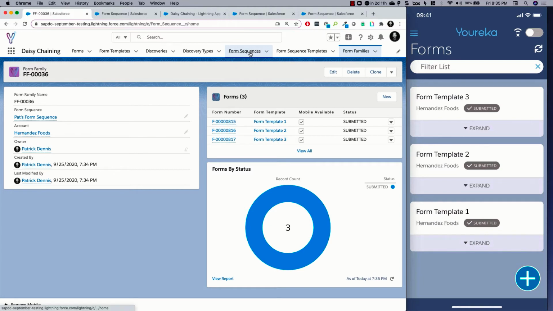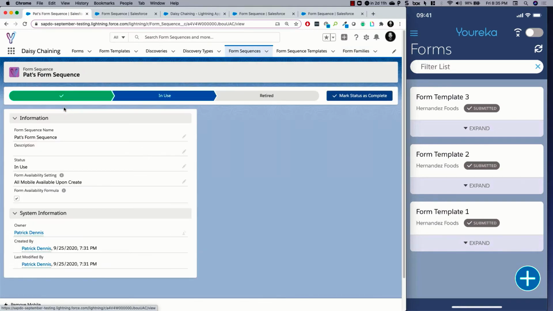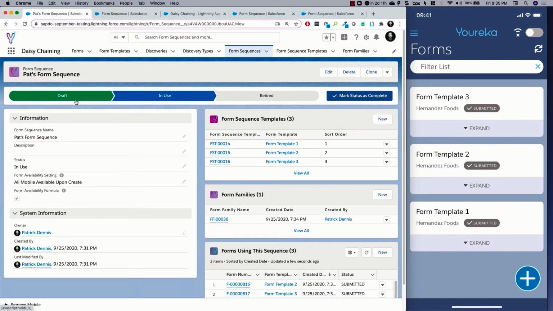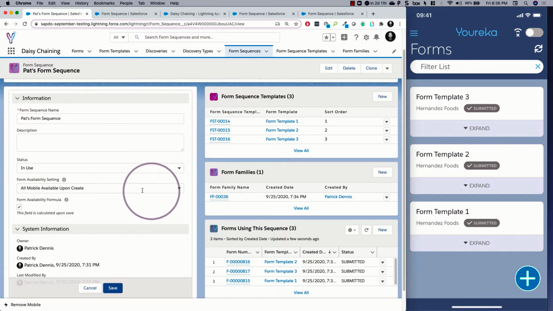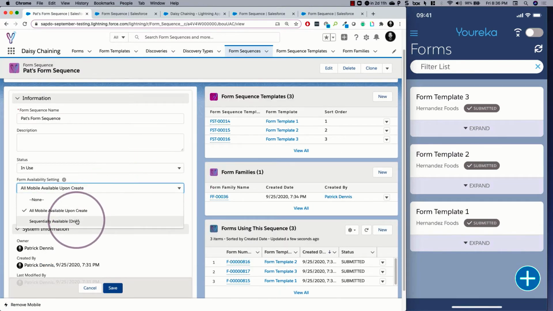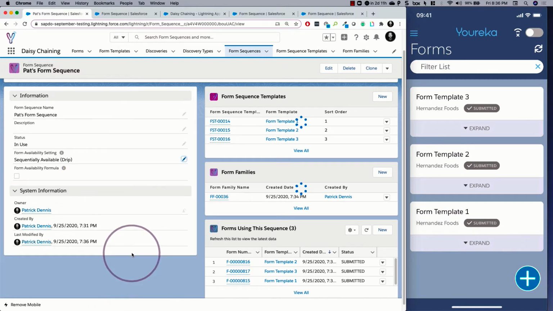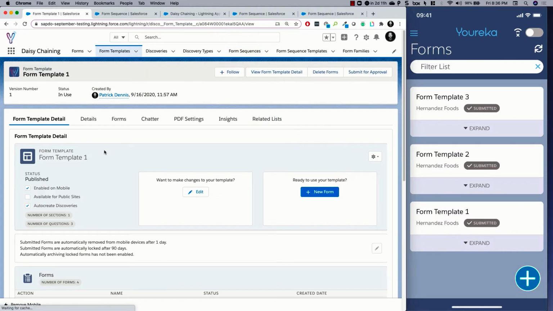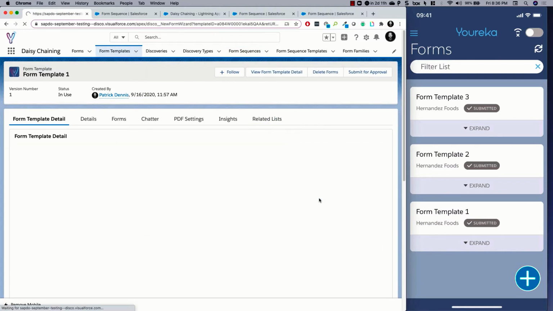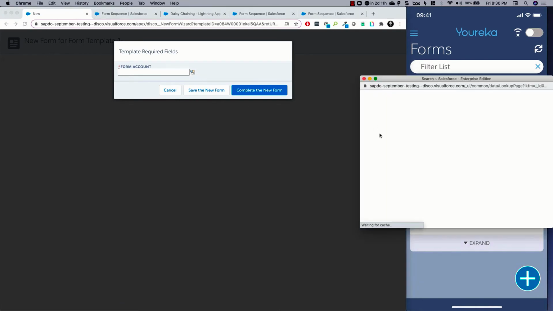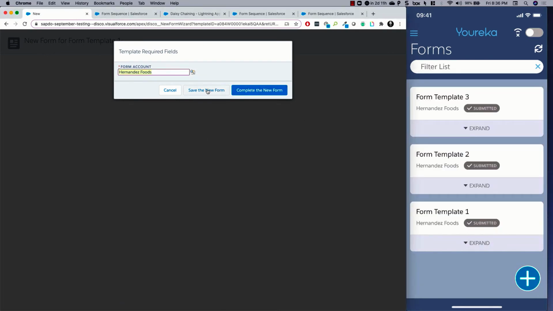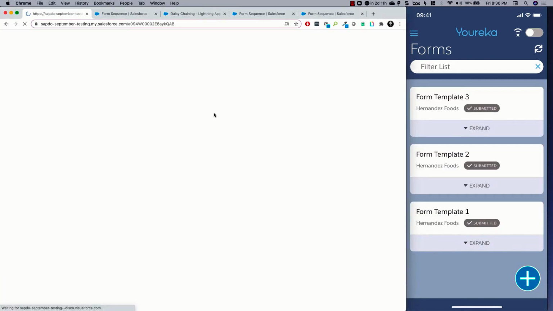Now let me go back. If we go back to our form sequence that we just created, and we change this setting here, and we say, nope, we're going to go on over to drip. Now the way that this works is I'm going to go back over to a form template here, and I'll create a new form. And as soon as I have this new form,